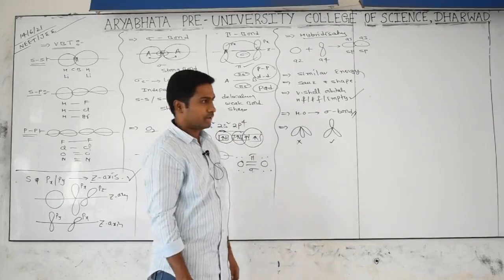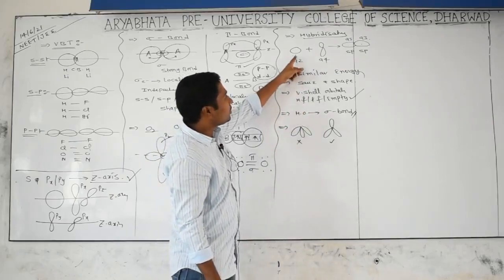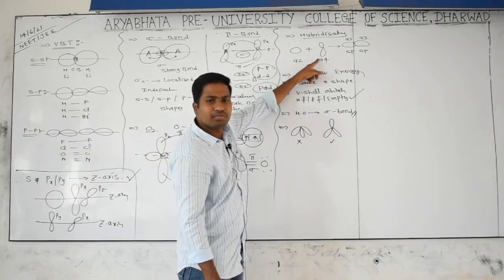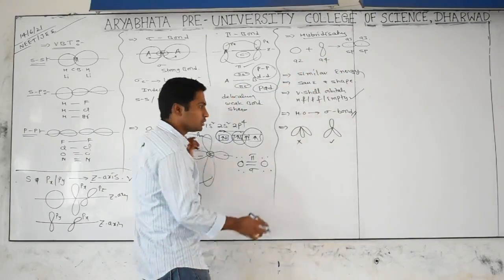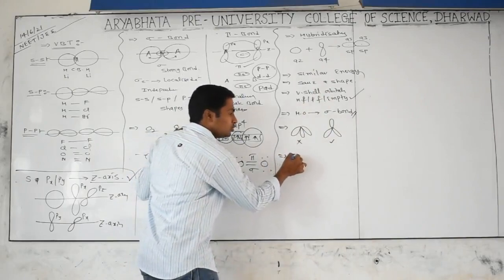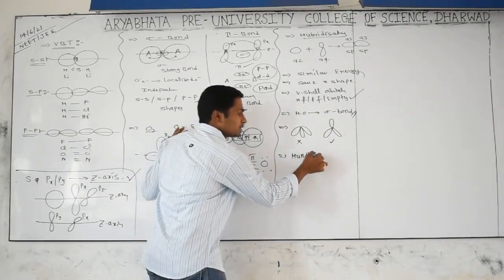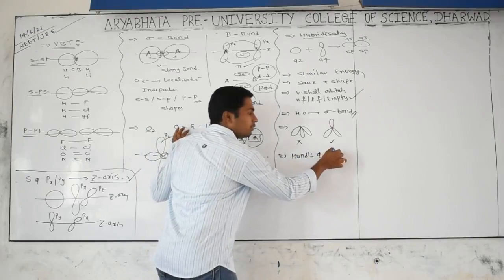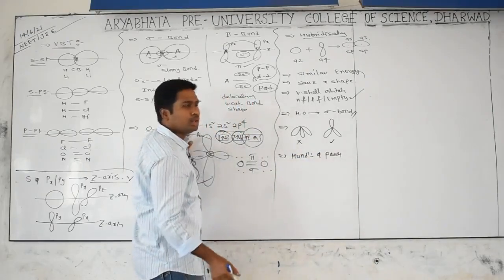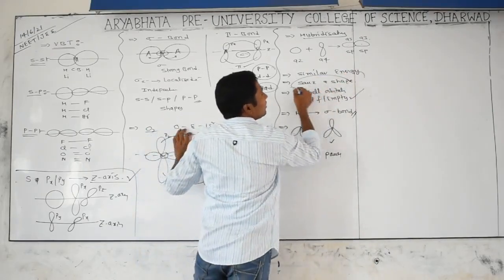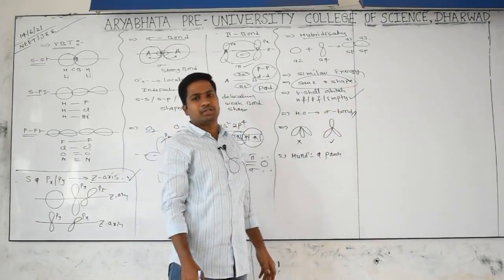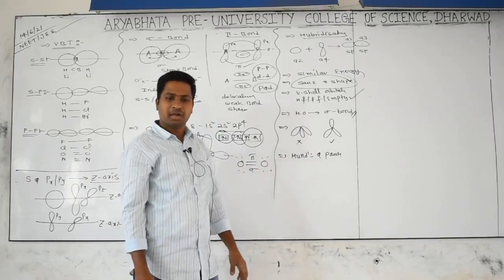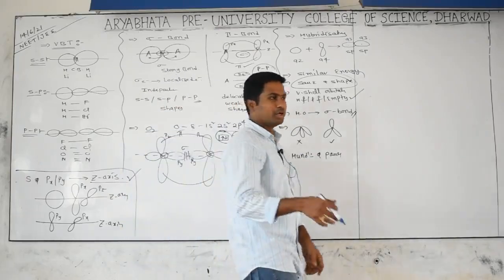These 3 points are very important. Just as in atomic orbitals we follow some rules to fill electrons, in hybrid orbitals also we follow some rules, namely Hund's rule as well as Pauli's rule. There is no need for the Aufbau principle. Why? All these orbitals have the same energy, so because of the same energy, there is no need for the Aufbau principle. Yes, all these points are very important.